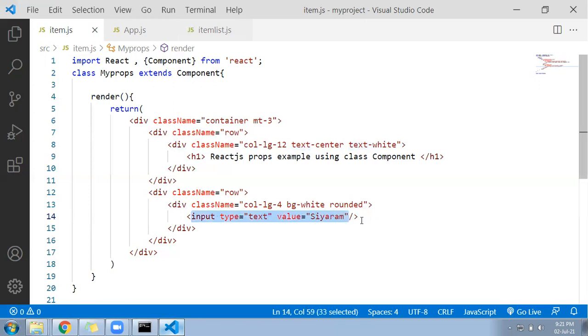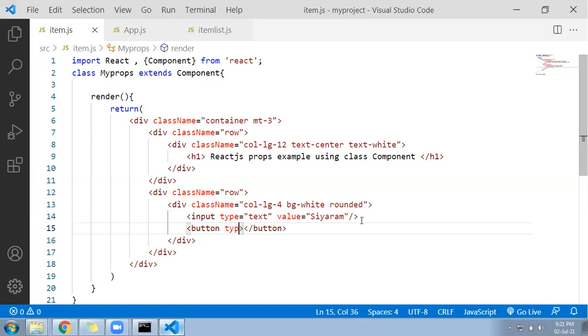Suppose an image has a property. Image will have src, that is a property, and 1.jpg is the value. Suppose you have a button. Button is the tag where type is the property, right? Let me write here. Suppose I am creating a button here. Inside the button, I'll write type.